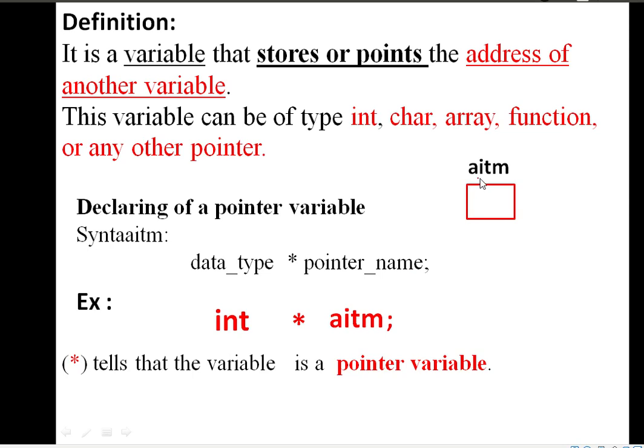AITM. The variable name is AITM. If I put star, what will happen? Star points to another variable. So this is the concept of pointer.